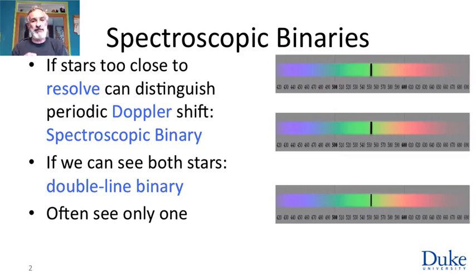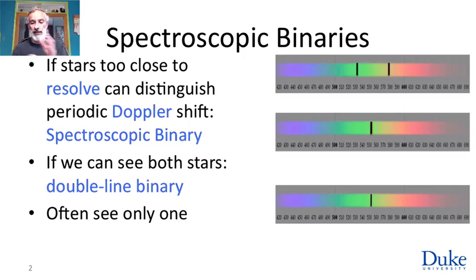And furthermore, when one is moving towards us, the other will be moving away. What this will give us is a periodic Doppler shift. If you look at the spectrum, some of the lines will be blue shifted and some others will be red shifted, and then the roles will exchange. So we'll find a periodically shifting Doppler shift. A really caricaturally simple version of this is two stars with one spectral line, and what we see here is two copies